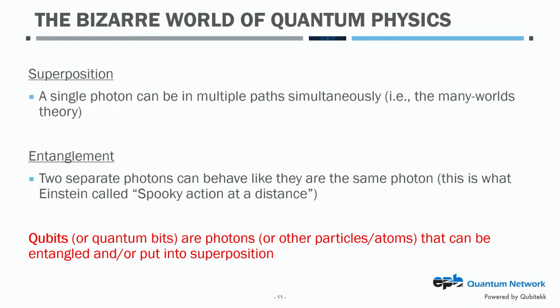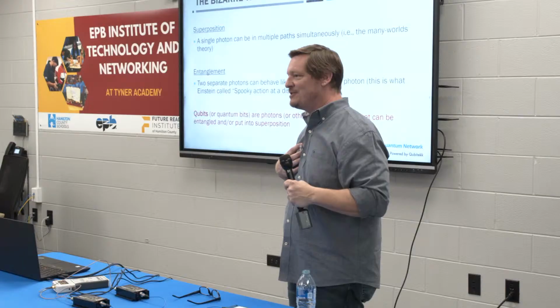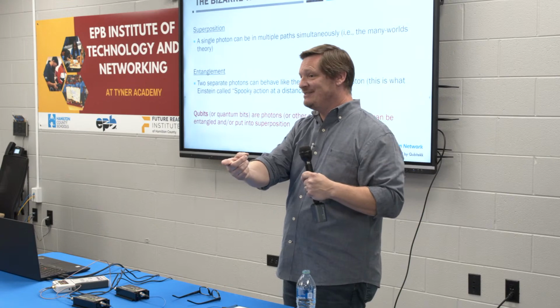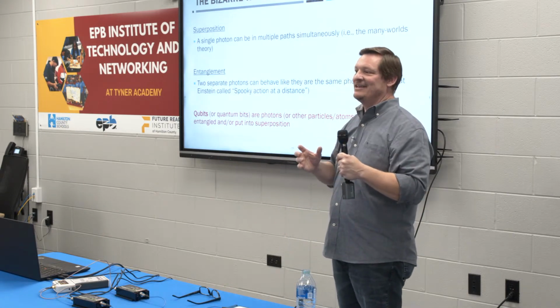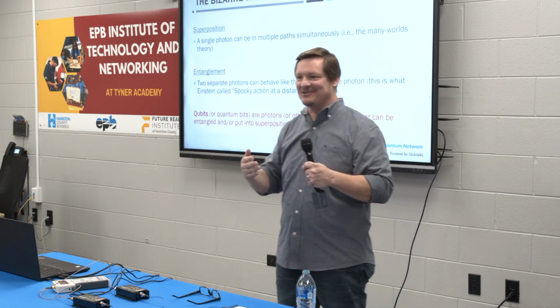And so entanglement is the complement to superposition. That's how we make really secure quantum communication systems. And if you think about it, if I have a photon and you've got its twin, and I do something to the other one and you see that impact, it's almost like we have a quantum walkie-talkie or something, right?